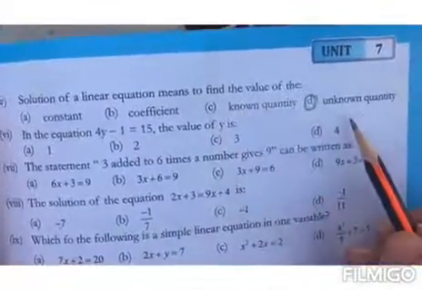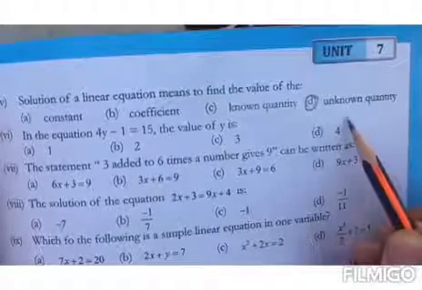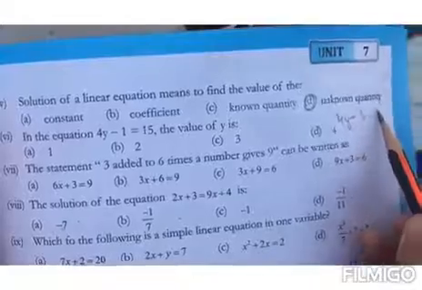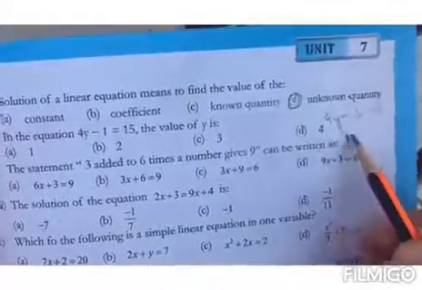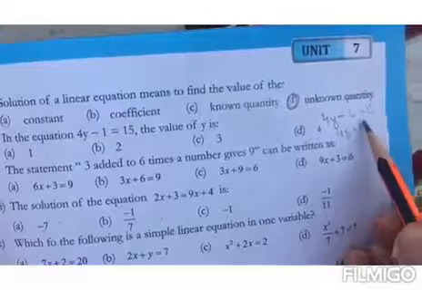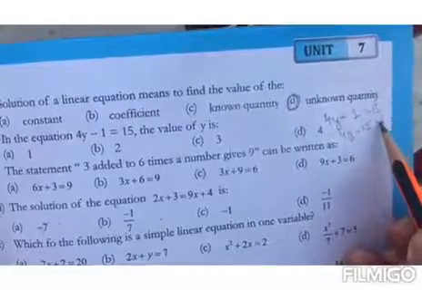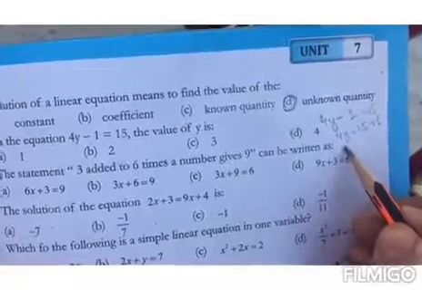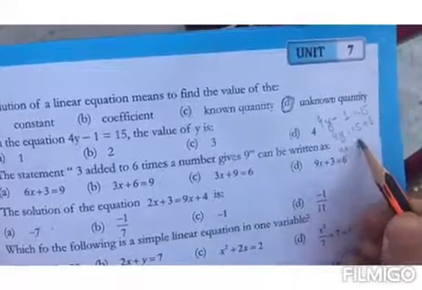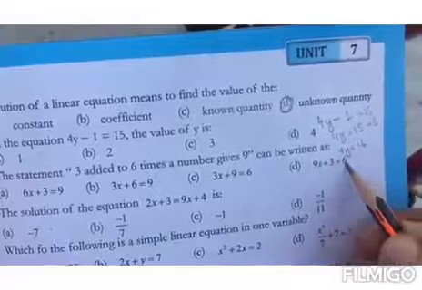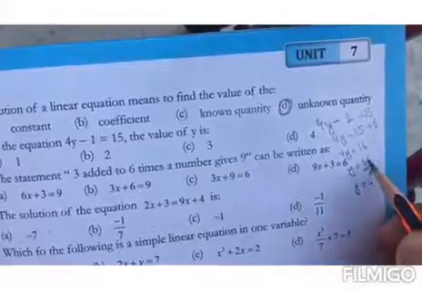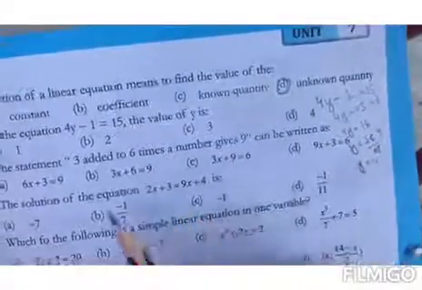Let's start for the value of y on this side. 4y minus 1 is equal to 15. And 4y is equal to 15 plus 1. I have moved this 1 on the other side of the equation to find the value of y. So 4y is equal to 16. Now I will move this 4 on the other side. So y is equal to 16 divided by 4. Y is equal to 4. 4 ones are 4, 4 fours are 16.